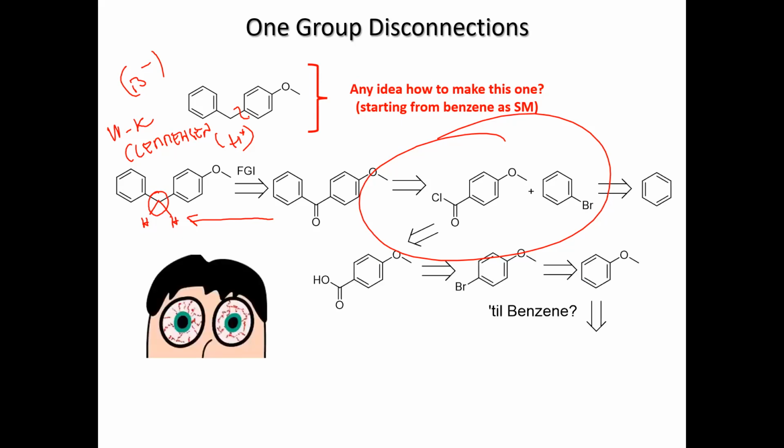Sometimes I ask you to go back to benzene. We saw that last year. It's very unlikely that I'm going to ask you in the third year. In the second year, it was just to state that this reaction might work. So even if you want to use anisole, it is an incredibly cheap and commercially available compound. If you are in the lab, you will buy it. You will never produce it from benzene. It's long, time consuming, expensive, and stupid. Because why would you do that? But if you're on paper, sometimes if I ask you, please do the retrosynthesis up to benzene as a starting material,